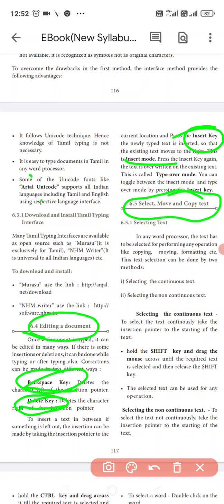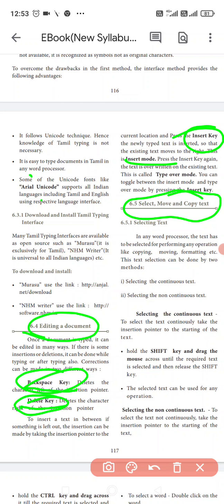Move means shifting from one place to another, and the old place no longer has it. Copy means the old place still has it and the new place also has it. That is called copy.